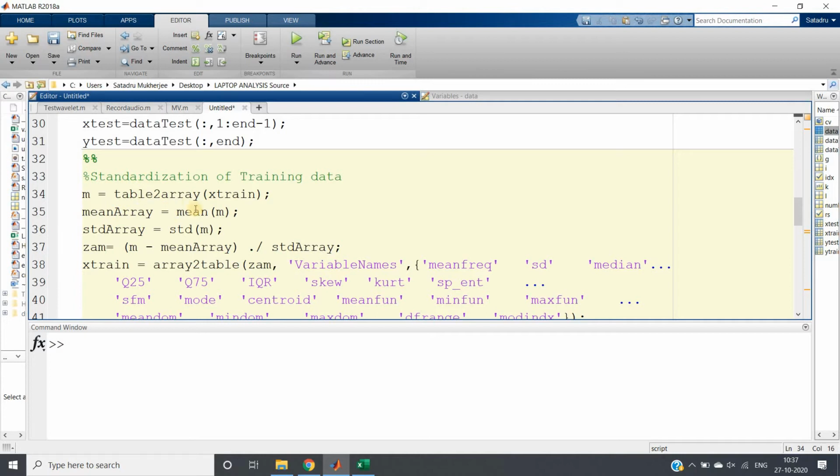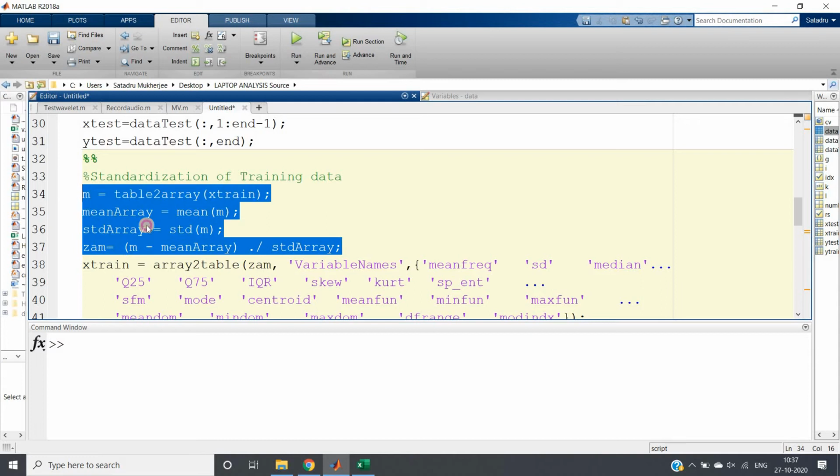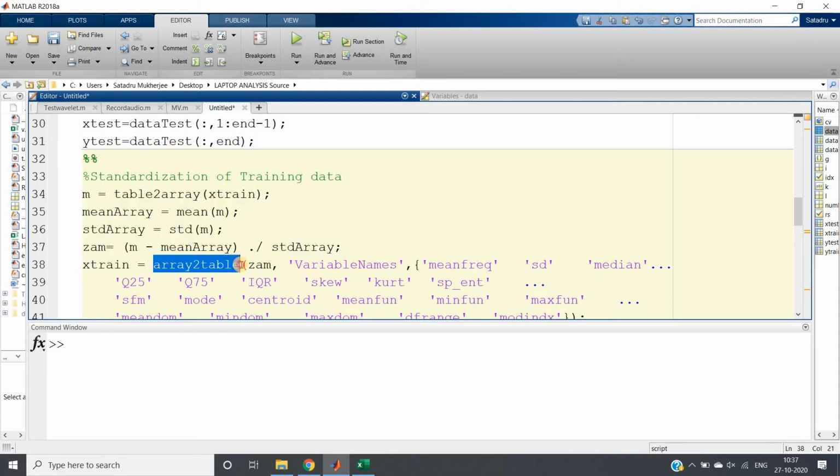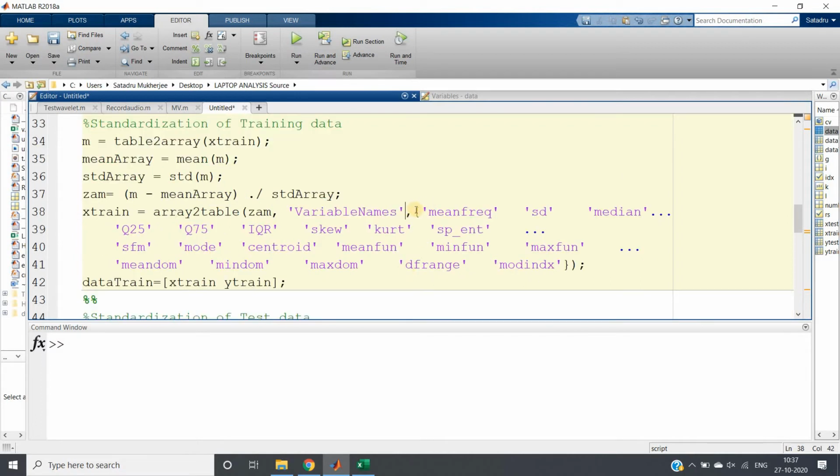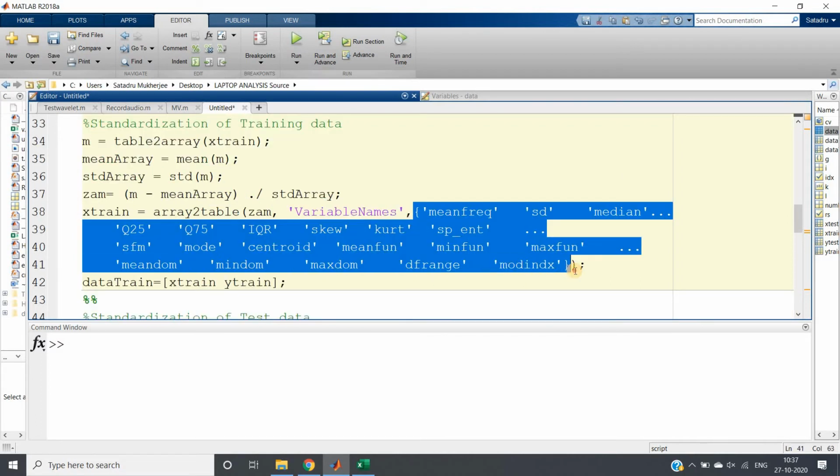Okay, the internal algorithms of mean and std are not supported for table data type, it is only acceptable for array type, matrix type. Okay, so once we have done the standardization, we can again convert from array to table, and that time we need to specify the variable names. What are variable names? Variable names are nothing but column names, and write in proper order.